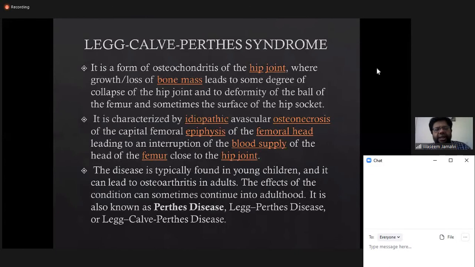Another disease is slipped capital femoral epiphysis. But the one differentiating point between Legg-Calvé-Perthes disease and slipped capital femoral epiphysis